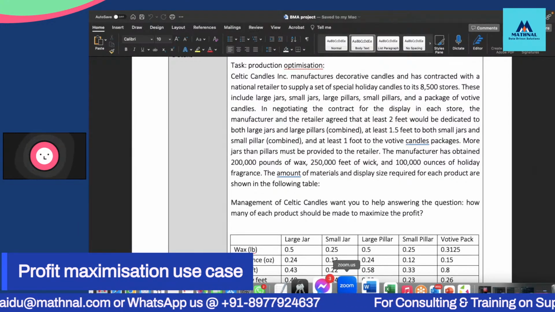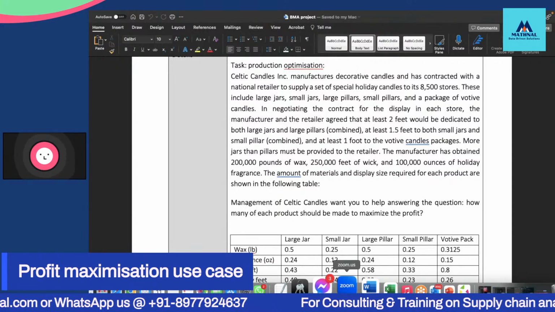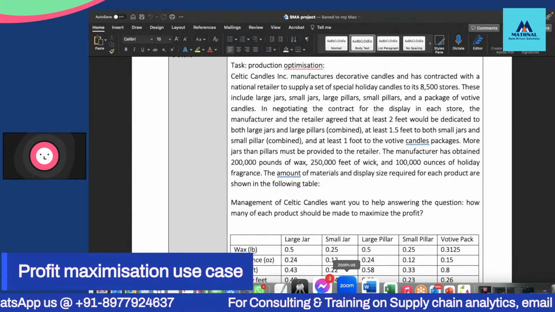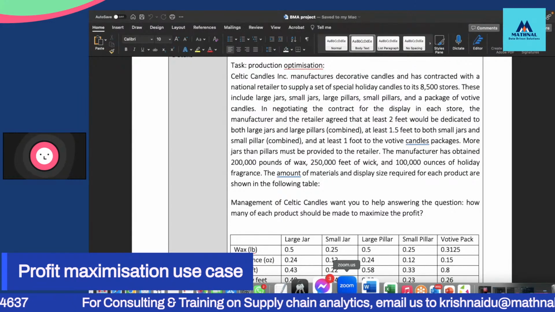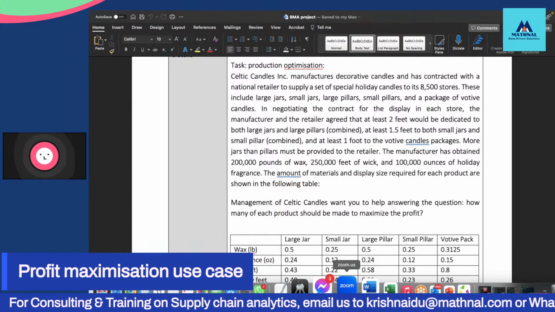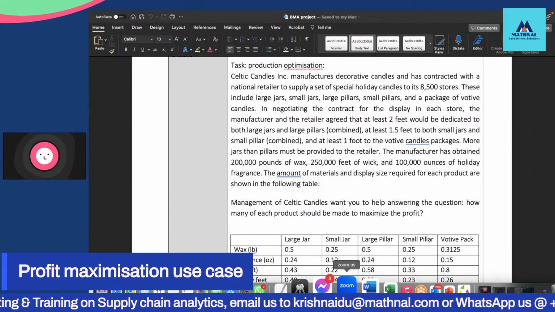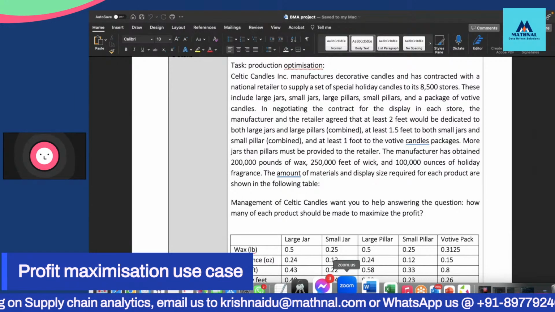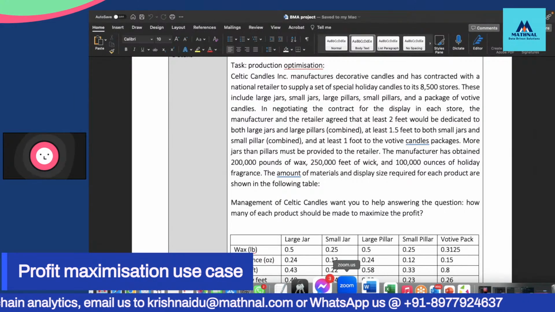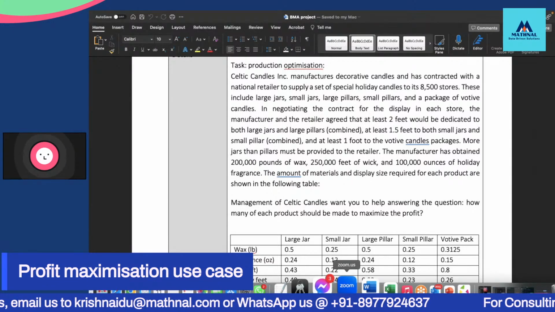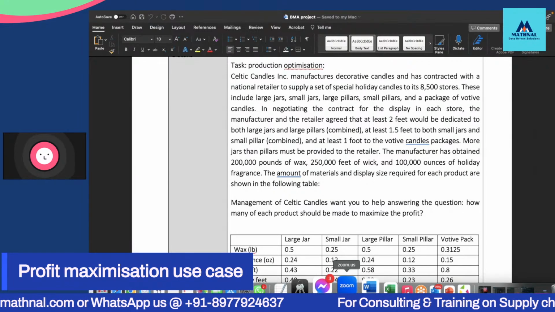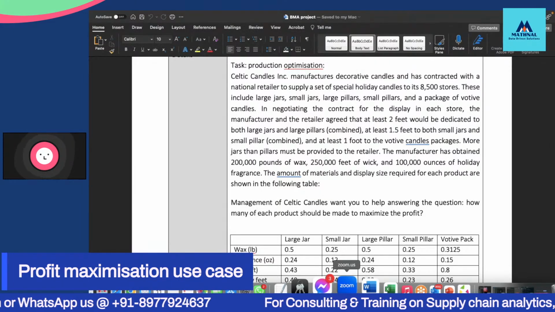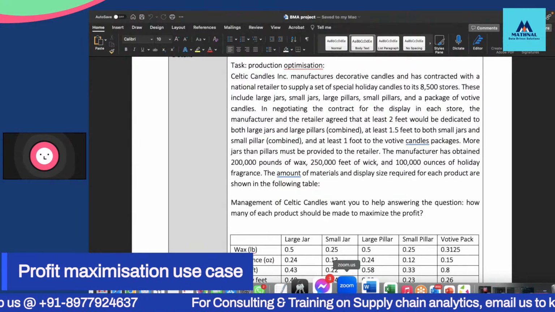If you're focusing too much on the cost and too little on the serviceability, you might achieve some margins, but that's not going to lead you to high profit margins. If you're focusing too much on serviceability and less on the cost, that is also not going to achieve good profit margins. Somewhere you have to balance the serviceability as well as the cost to achieve balanced profit margins.